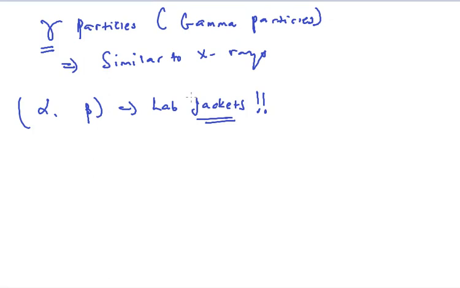And the reason why we need to learn about the behavior of the alpha, the beta, and the gamma is that they are a very good way of explaining where the subatomic particles in atoms are located,